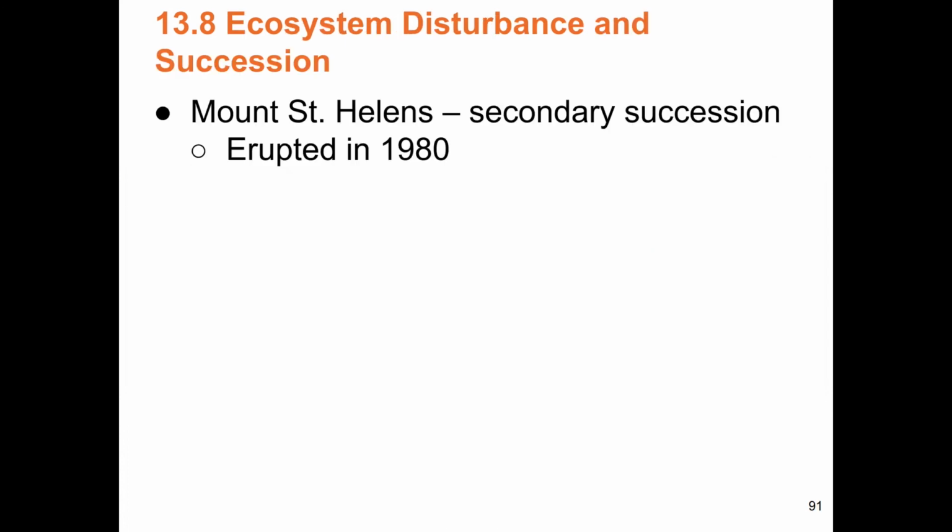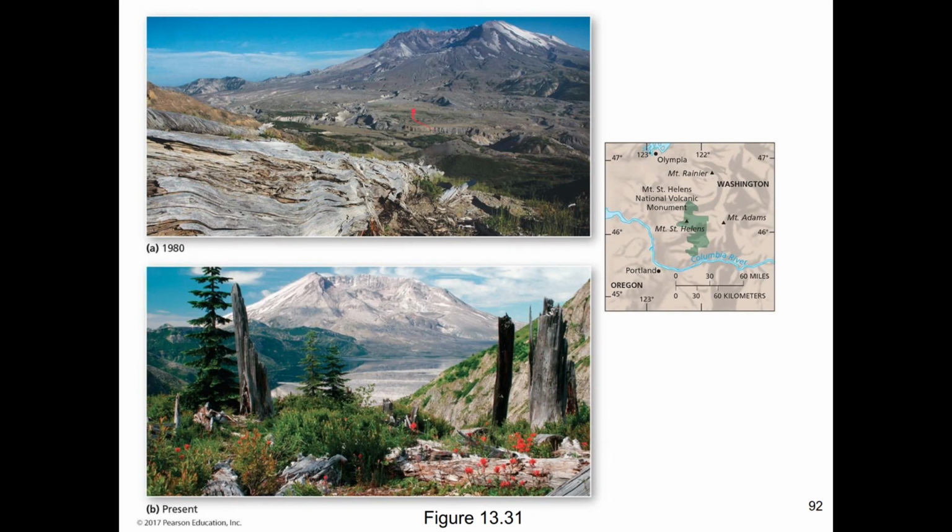Some super famous examples, Mount St. Helens, which erupted in 1980, way before all of you were born. Excellent example of primary succession. Everything gets wiped out. Wildfire, wildflowers, fireweed probably, or some sort of paintbrush coming back. So this would be primary succession, except down in here. I mean, well, that's secondary, that's primary. Oh yeah, and then you can see how much more rapidly the areas with secondary succession came back as opposed to the areas with just primary succession. Oh, that was good. I like that.